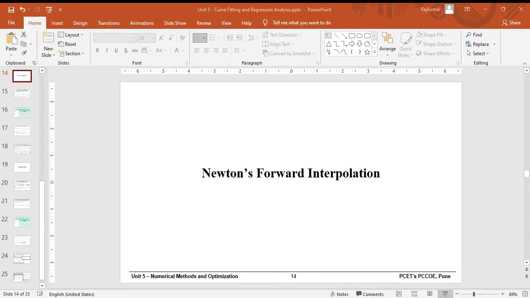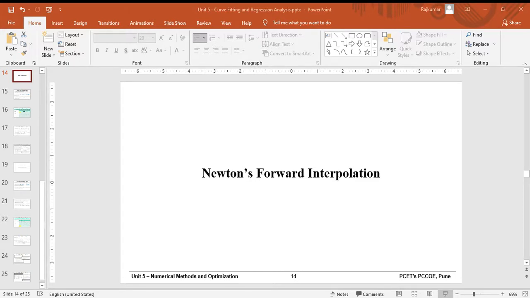Second important thing is the first two terms in this formula. Okay, I will use the highlighter. So the first two terms in this formula give a linear interpolation. So the first two terms, yp is equal to y naught plus p del y naught. So this will be your linear interpolation. This equation is just like y is equal to a plus bx.